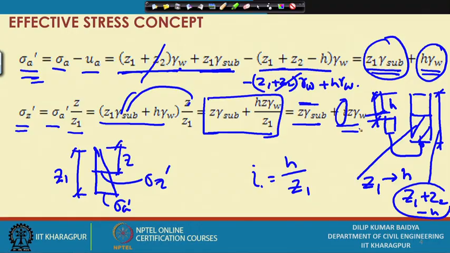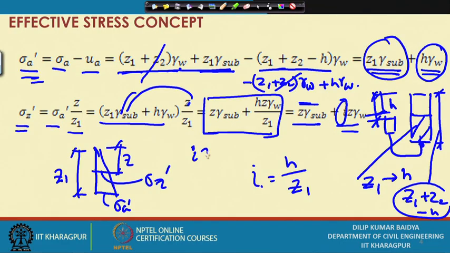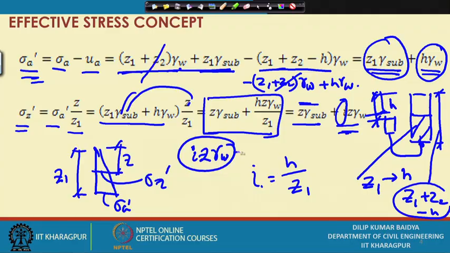So, what is the additional stress coming when flow is taking place from the downward direction? Whatever pressure is already there in the static condition, plus hydraulic gradient times z times gamma w. So, that is I z gamma w, to be added to the actual static effective stress in the static condition. This must be added to get the effective stress in the flowing condition when flow is taking place from upward direction to downward direction.